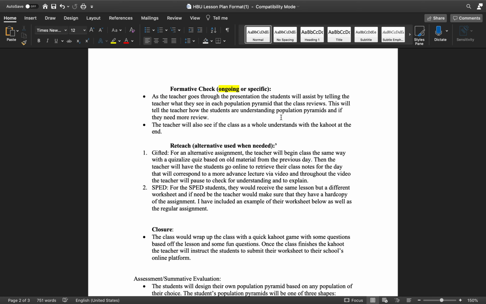For my SPED students, they will receive the same exact lesson. If they needed a hard copy, I would be able to provide that for them. I would include examples in their work, to help relate it to them and to help give them any other needs they need to. And so after we do the presentation, the students will have guided notes,